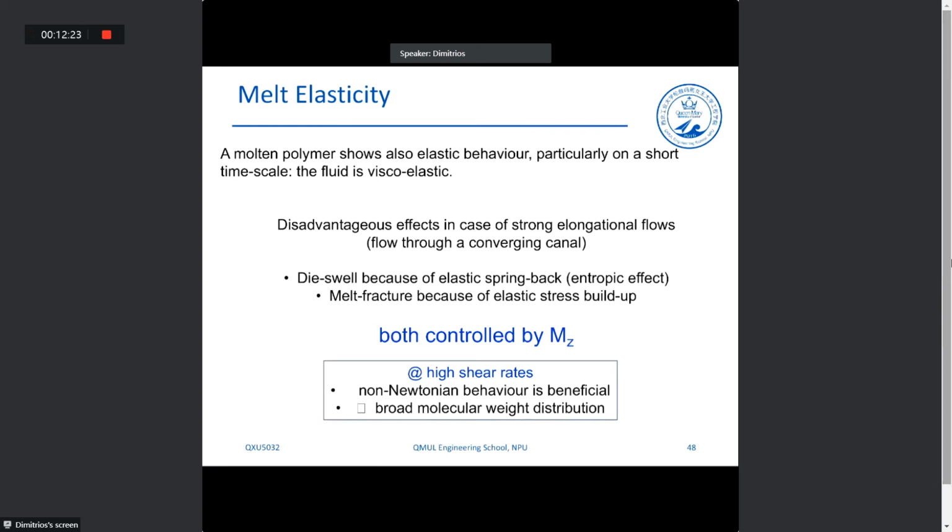Melt elasticity originates from the fact that polymers behave viscoelastically. Essentially, when the polymers are in the melt state, the polymer melt is fluid. And because of the viscoelasticity, when we have strong elongational flows, such as during polymer processing,